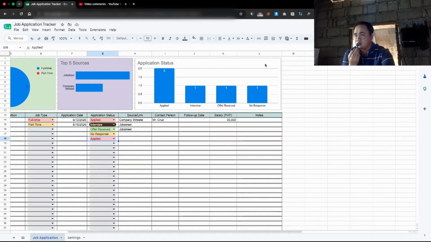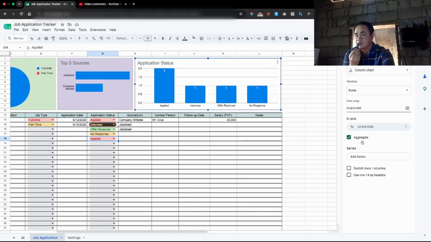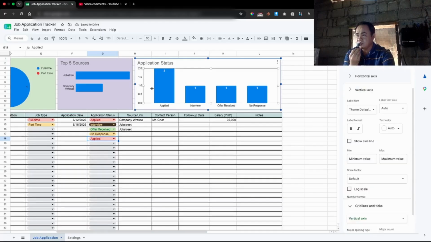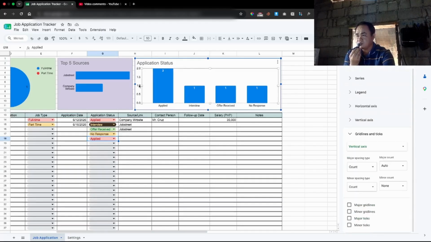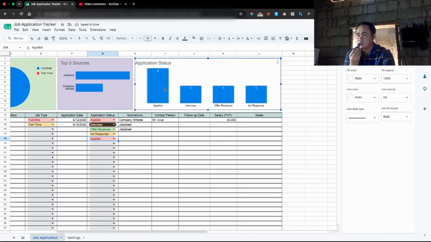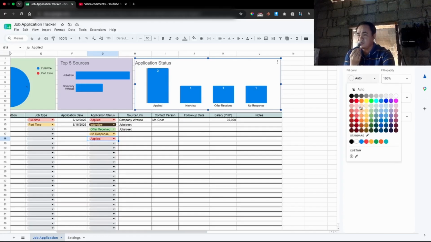Next, we're going to format or remove the grid lines here. Select this and uncheck the major grid lines, and you can also resize this. You can also change the color here: double click this one and select fill color.